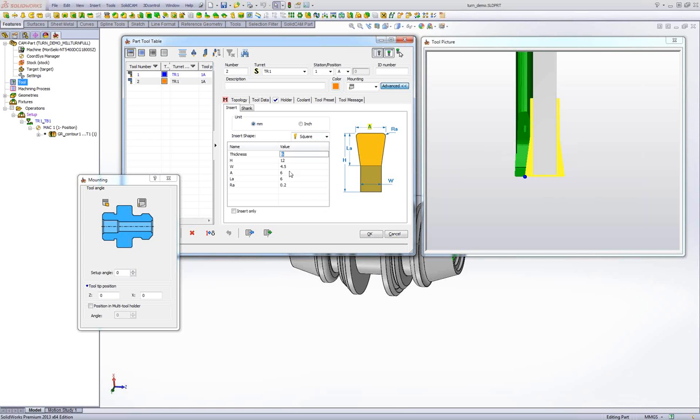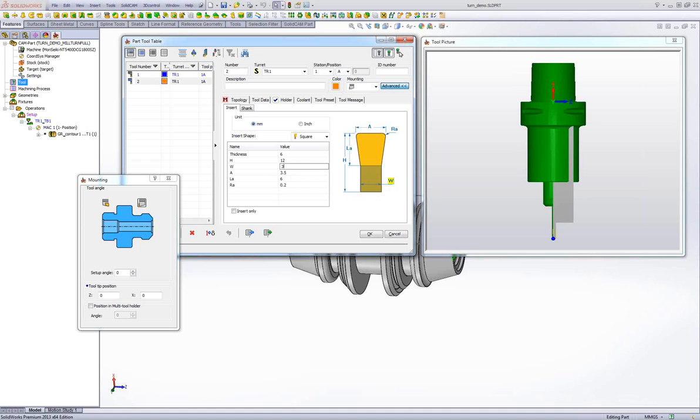and here I will define A 3.5 and W 3mm, radius 0.1, thickness 0.1, insert only,